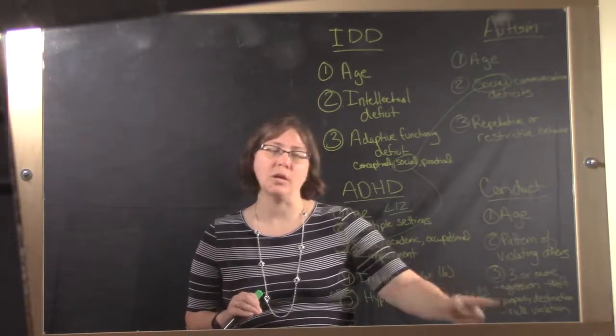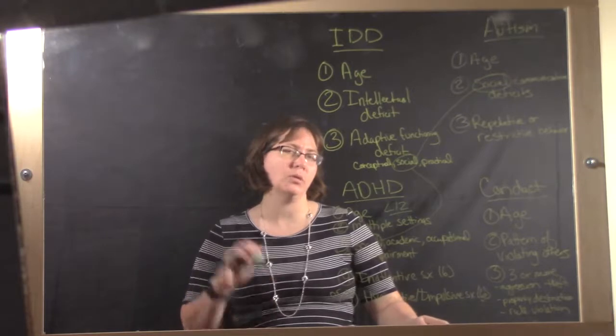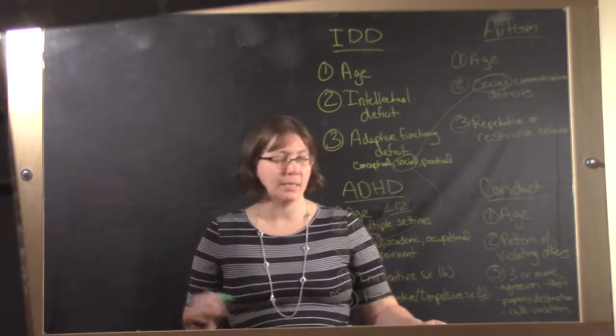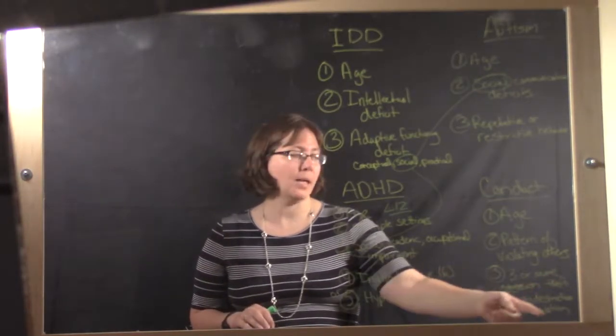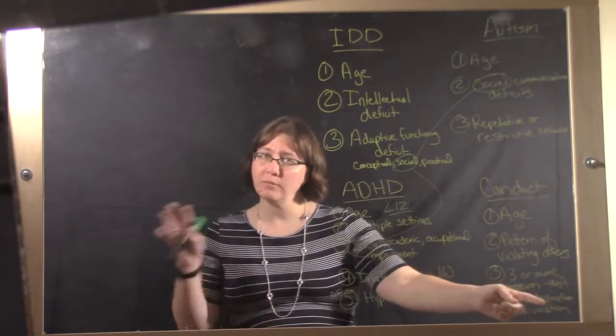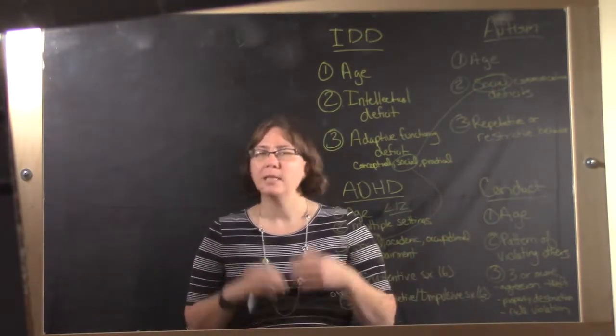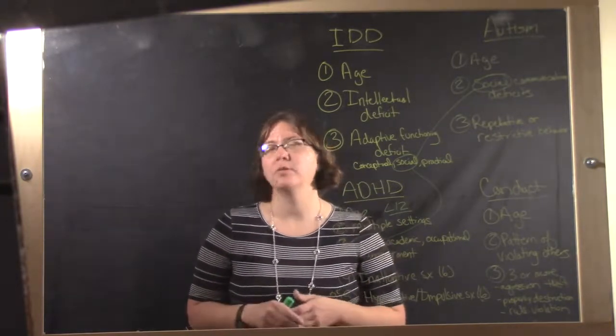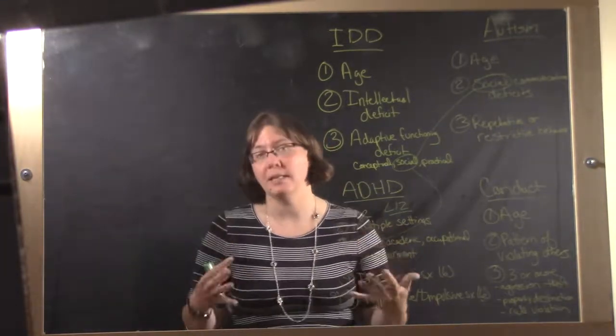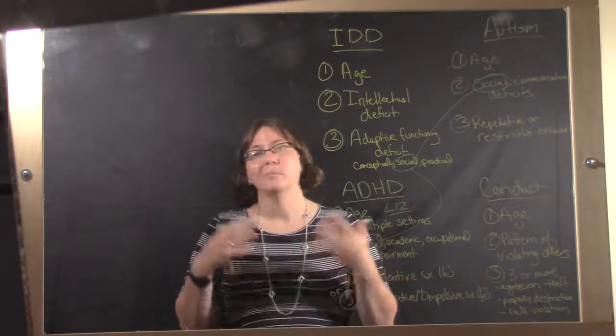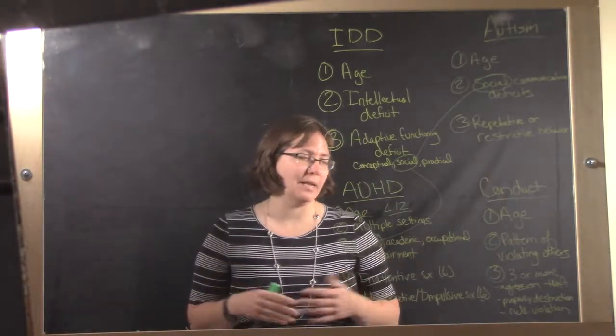So we're talking about aggression, like fighting with individuals or killing animals, things like that. Theft of some kind, property destruction, fire setting, etc., and severe rule violation. This isn't being 5 minutes late for curfew, this is staying out all night and not coming home until the morning and you're still an adolescent.